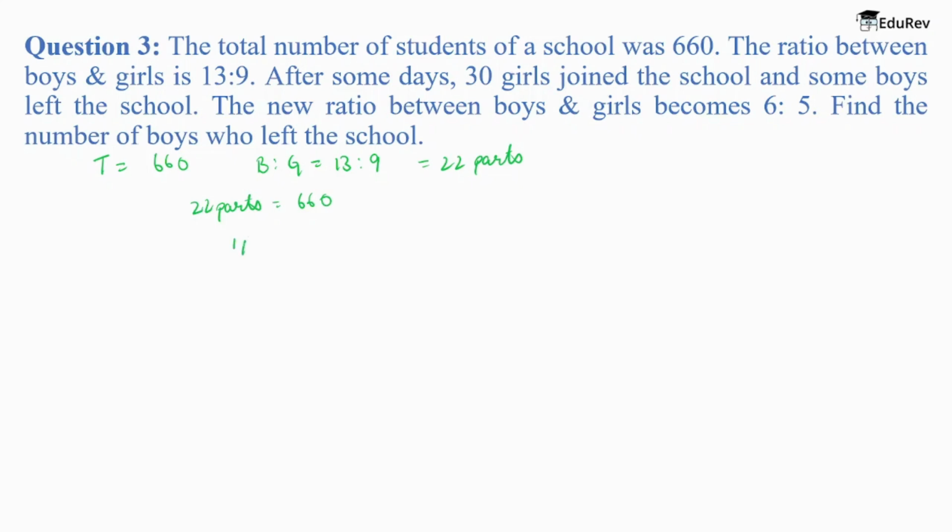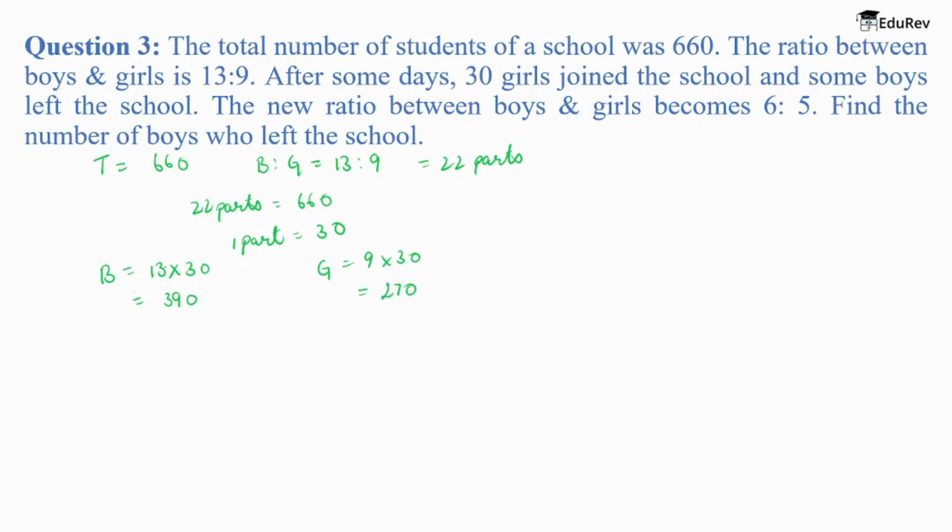And 1 part or 1 unit will be 660 divided by 22, which is 30. So the number of boys will be 13 into 30 and number of girls would be 9 into 30, which is equal to 390 and